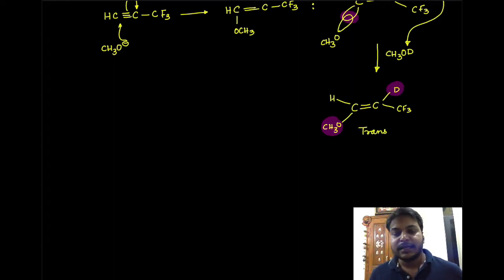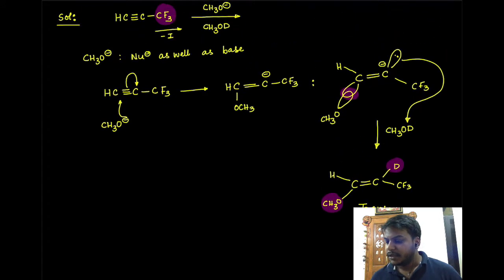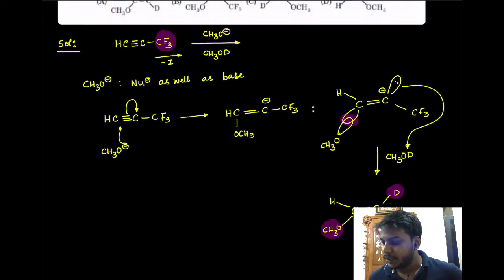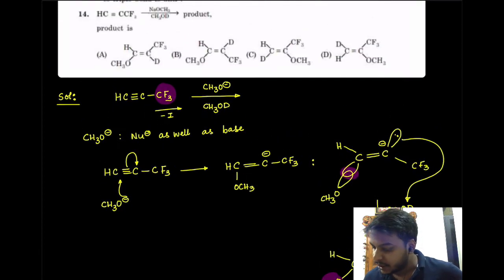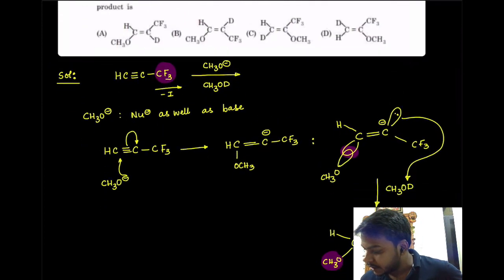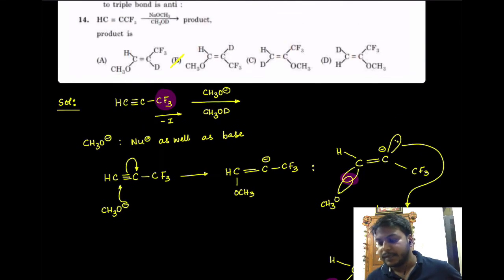Generally we see that nucleophilic additions are not much favored in alkynes, but when you have strong withdrawing groups like CF3, nucleophilic addition can also be favored, and they will always favor such a way that they give a trans type of product. So I hope this is clear. You can see the case here, trans addition. So I think the B part is the right answer here.